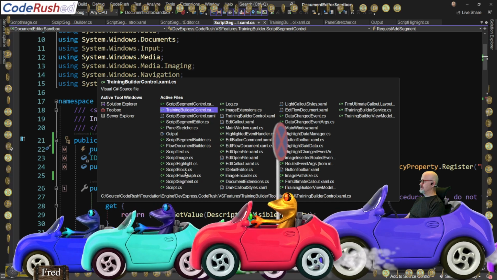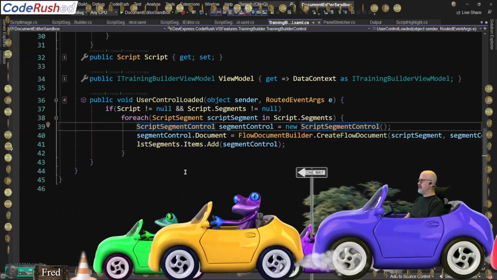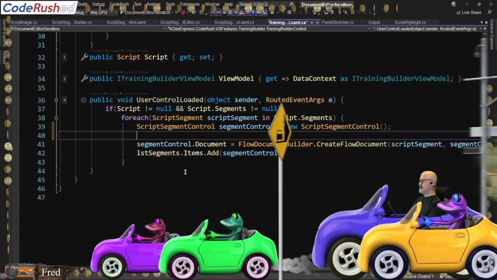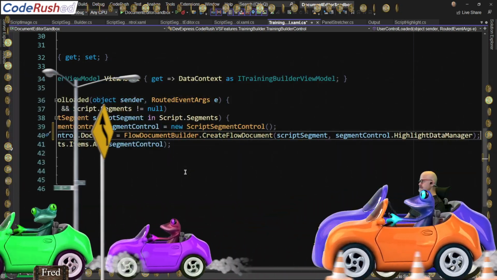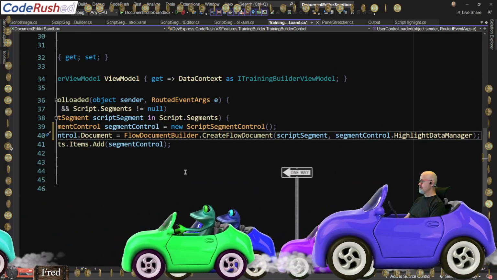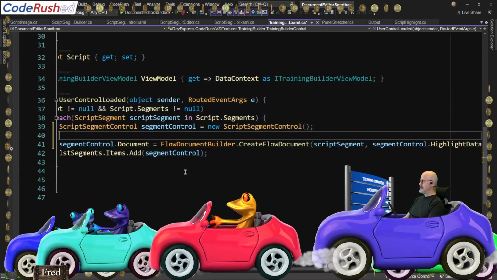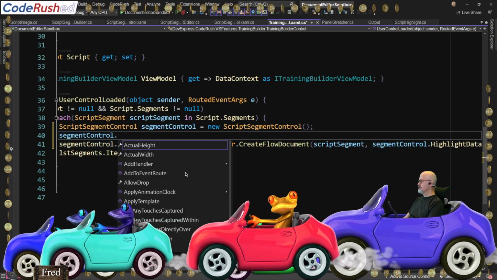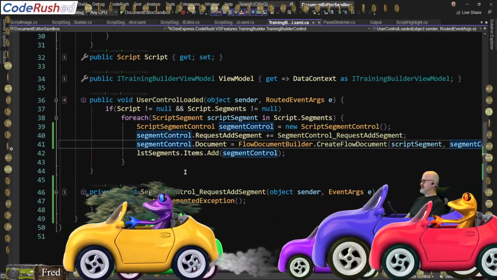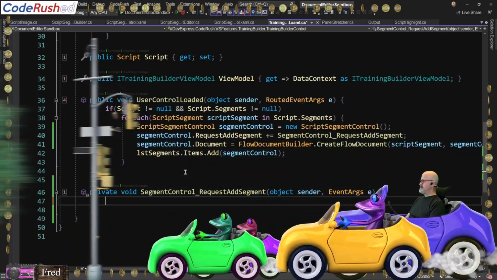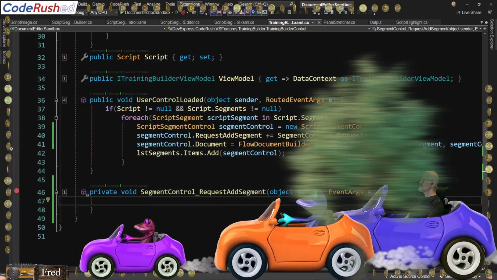Next, we're going to go to the training builder control. This is the tool window. I guess for now we're going to do this. Like that. And that gets us out. And then here we're going to figure out something to do with that. So let's run that.